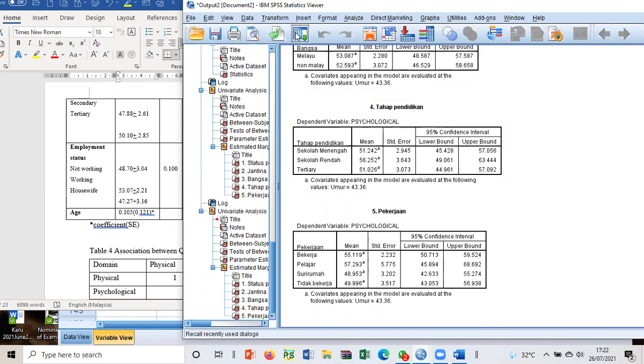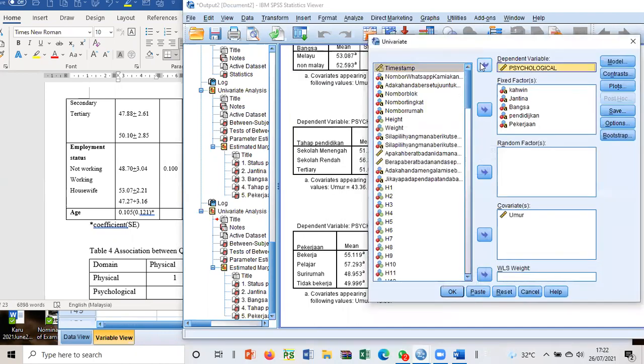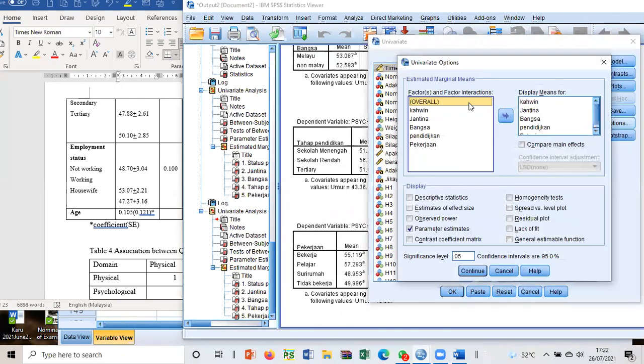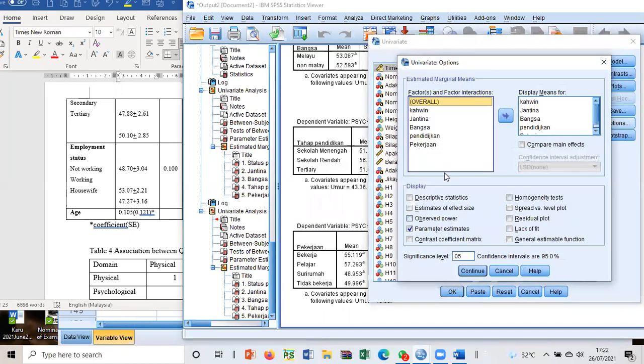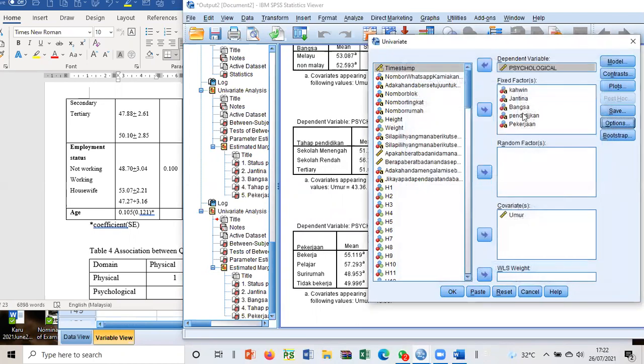Right. Next one. Wait, Prof, just now you said in the new version the EM means is equal to the option in this version, is it? Yes. EM means option. You put EM means. Okay. Let me run this. So you go to, supposing EM means, you click like that. It'll come like this. EM means. Got it. Then go and select option. Under option, parameter estimate will be somewhere up there. Just look for this particular button. Continue. So psychological done already, right?